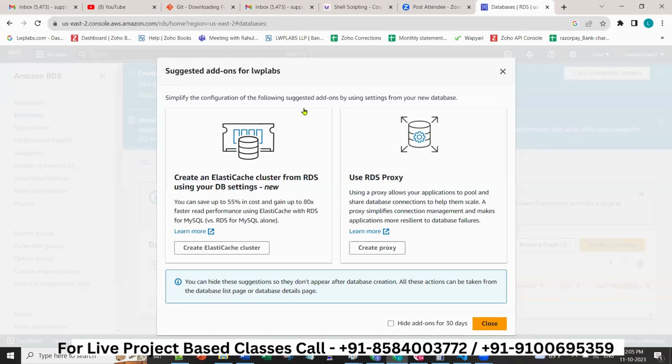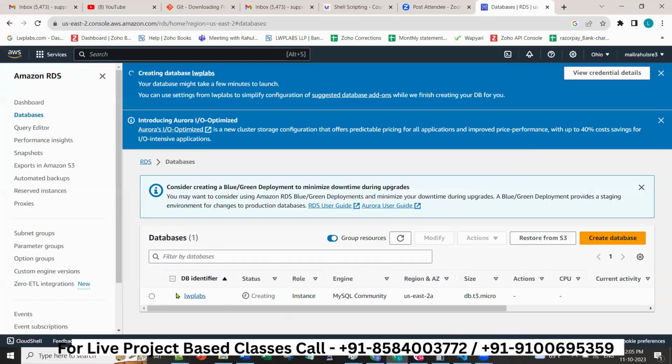Now, this is asking for creating RDS proxy. I'm not actually going to do that. For now, just close it and see this database is getting created. So it will take some time. All of you should have this particular page open. Meanwhile, this is getting created,